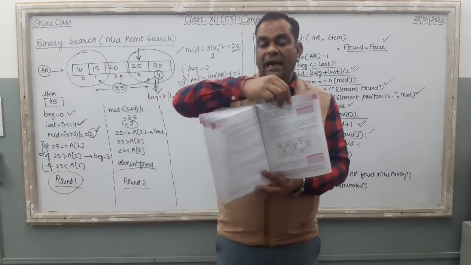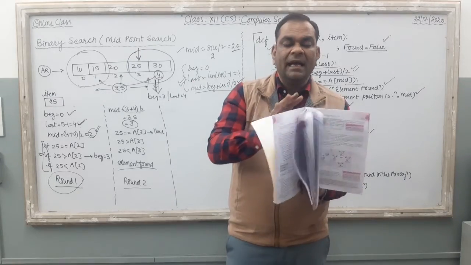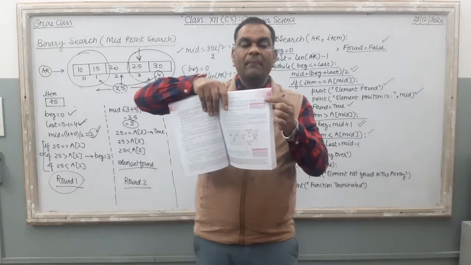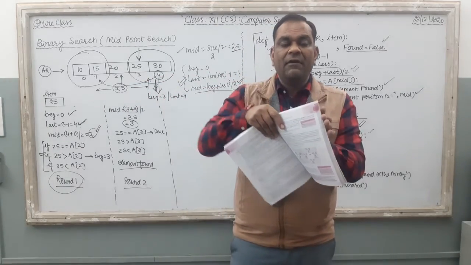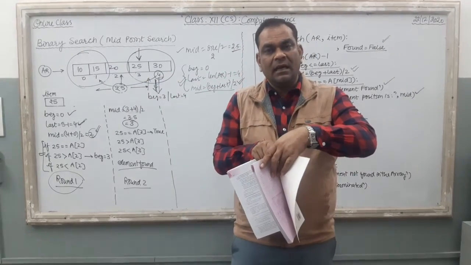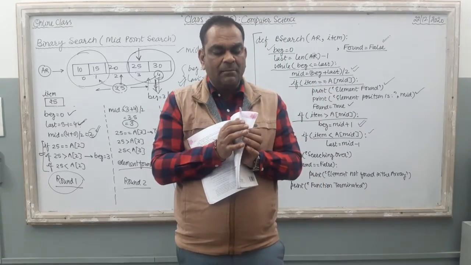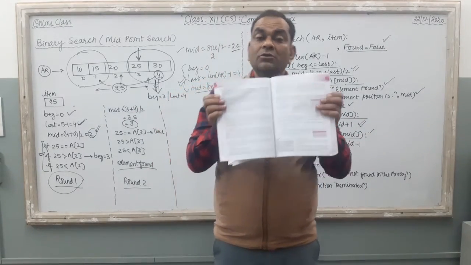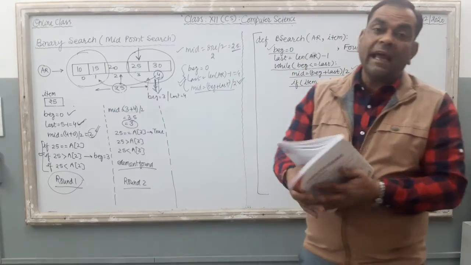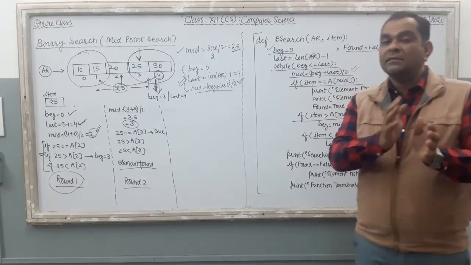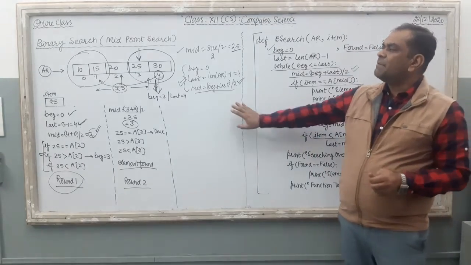Right? At the very beginning my beginning is 1, but now my beginning page number is 105 and my ending page number is 200, and then again I set the middle position here. Right? By this approach we can find a specific page in our book. The same technique is used here.